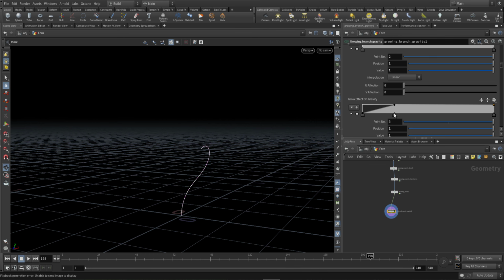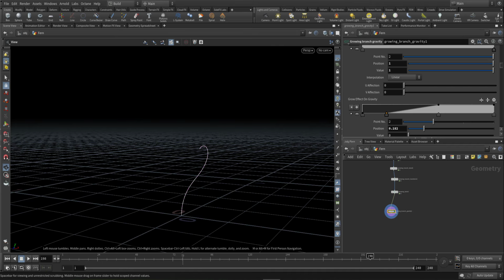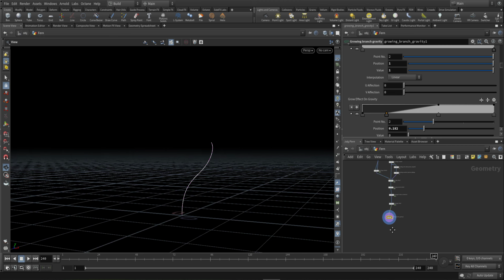Looks cool, and we can also adjust when the growth reaction starts. So if I want, I can disable it at the start of growth, and somewhere here it just starts taking part in the motion design of this growth effect. And let's continue with creating a